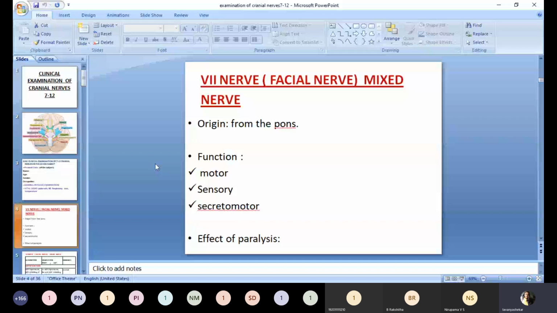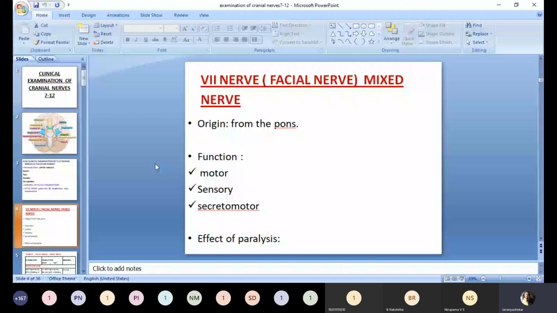Okay. In case there is a paralysis to your buccinator muscle, what happens? There will be accumulation of food in between the cheeks and your teeth, and the accumulated food will dribble along with saliva from the angle of mouth, because the angle of mouth is deviated to the opposite side. In case there is a paralysis to the stapedius muscle, since its function is damping of sound, the higher intensity sounds will not be damped to the lower frequency. So the patient will complain of hyperacusis.